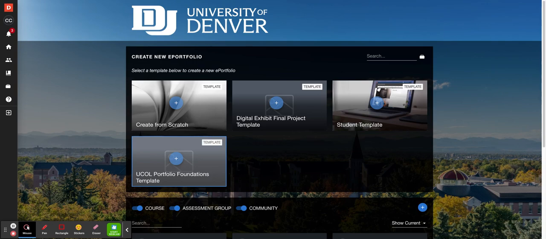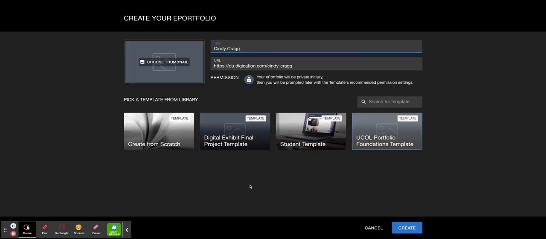And it is possible that there will be additional templates set up here for students who are in different programs based on the needs of the program, like the ICT program or the IDT program or the PRI program. But for now, we're going to go into this template,